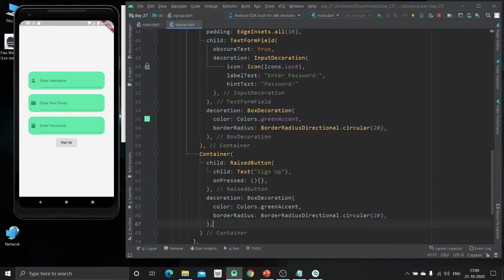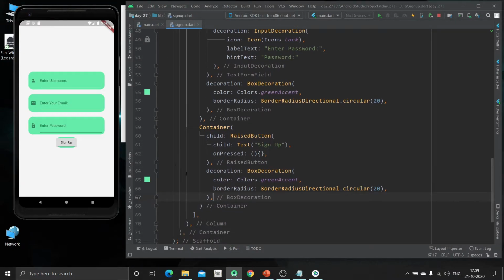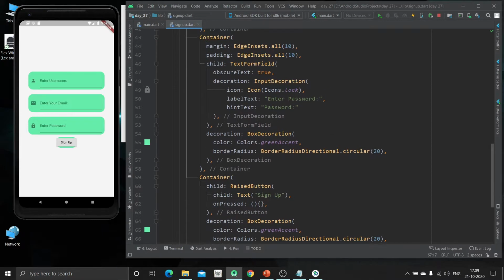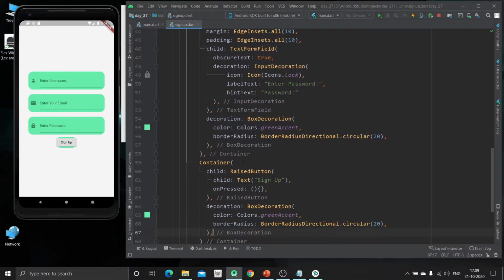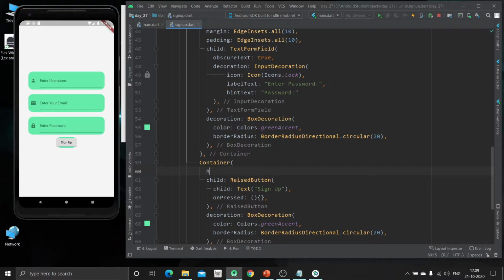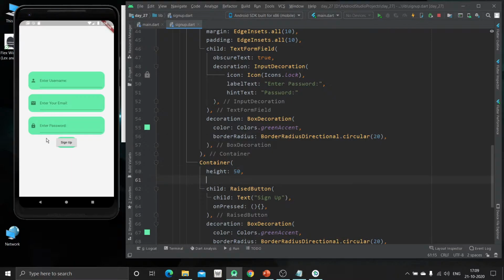So here we are going to specify this decoration property inside the second container. Now we are going to give the margin, and before that I am going to specify the height and width property. So the height should be about 50 and the width should be 150.